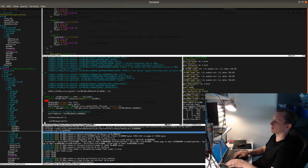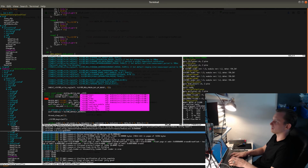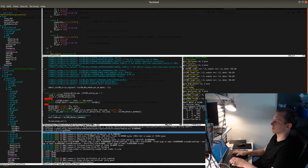All I need to do now is initialize the analog ops. Static const struct analog device ops, VL6180 analog ops, read, write equals analog. Let's call this VL6180, prefix it like that. Right, and